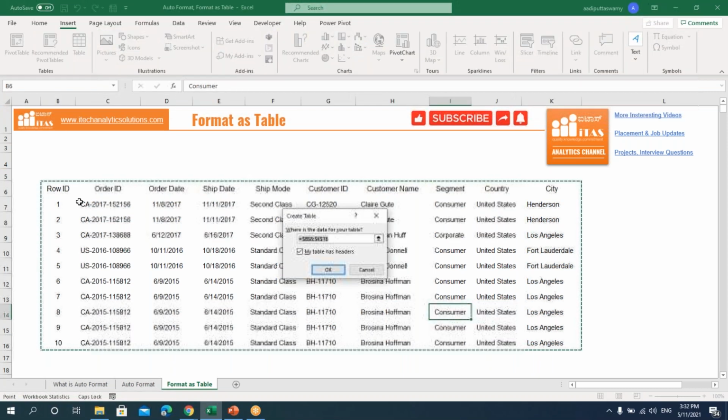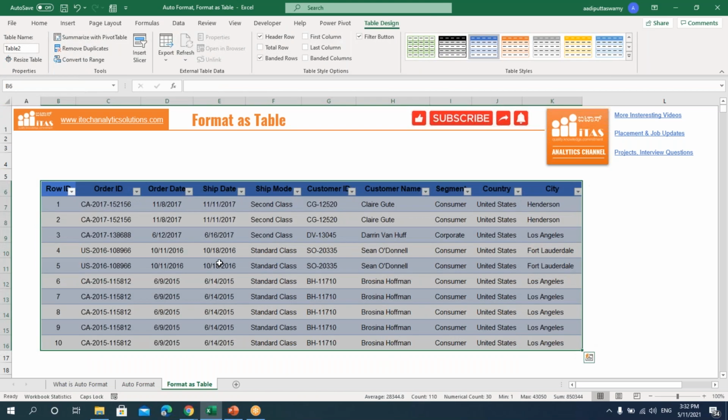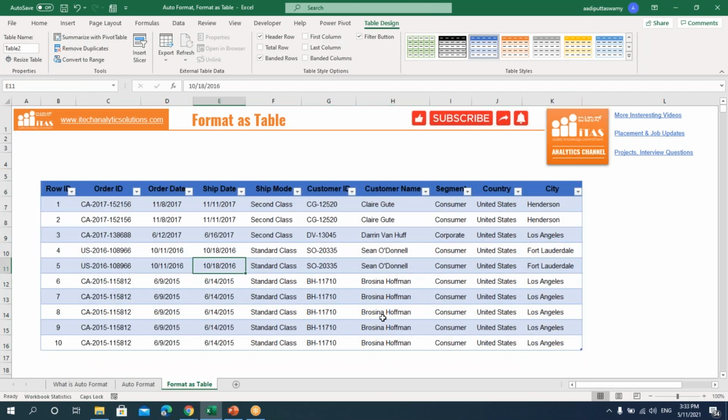You can see that it will automatically select the range like what it selected for auto format. It will ask for my table as headers and also it will give me the range for which the range has been selected. Click on OK. Automatically the table will get formatted. But this format also can be changed. We can see that there is one